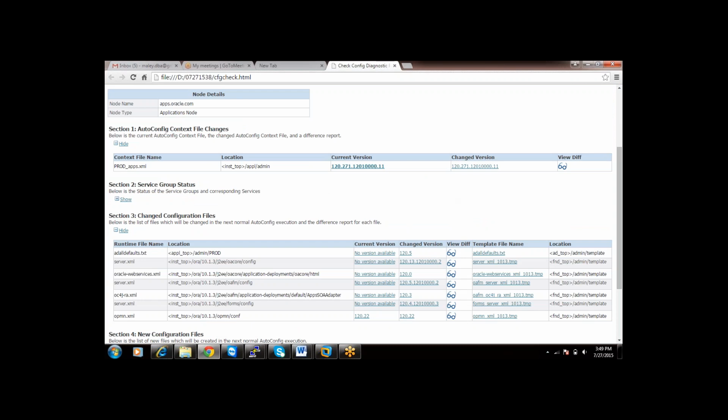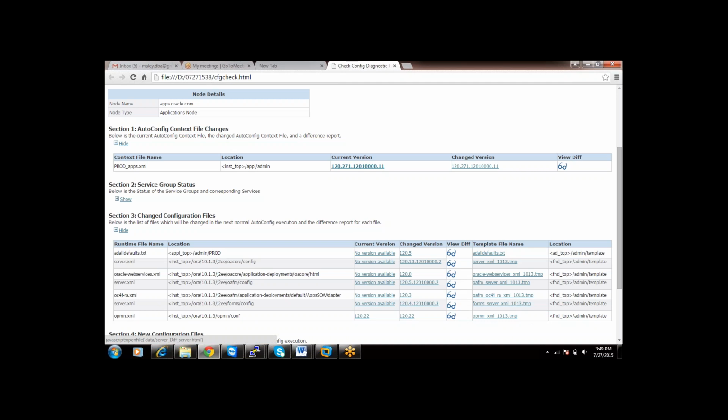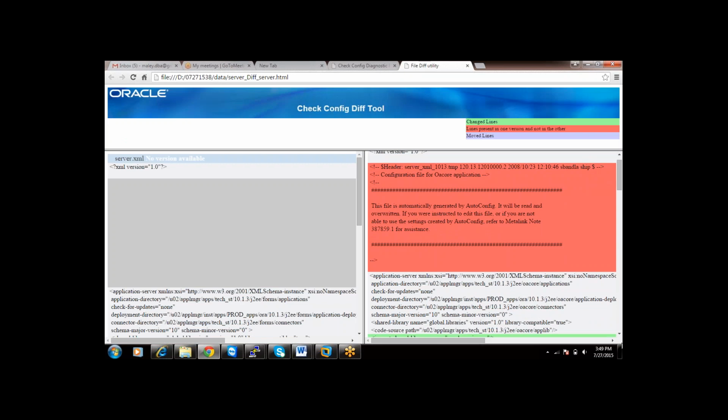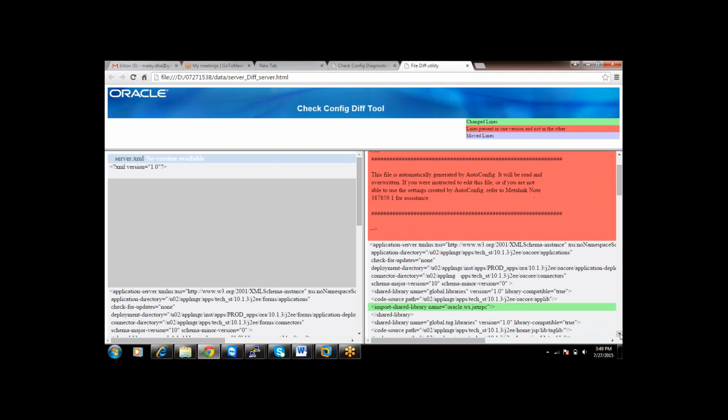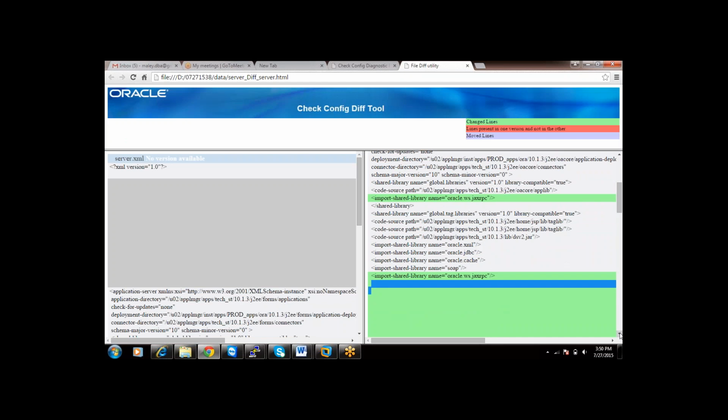In order to see how many configuration files it is going to change, you can come here and see. This is what it is going to change. If you want to see the difference, click. You can see lines present in one version and not present in the other. We have added one new configuration, so it is showing some information related to configuration. If you want to see the change in lines, these lines are changing from the old file to the new file.